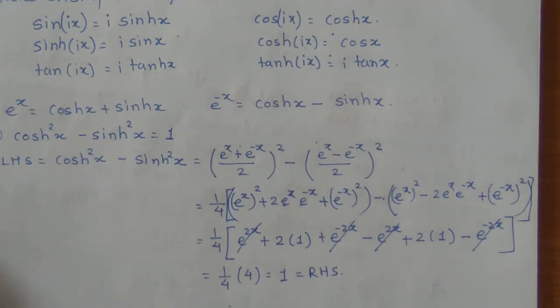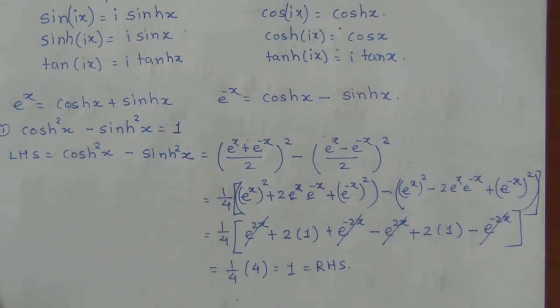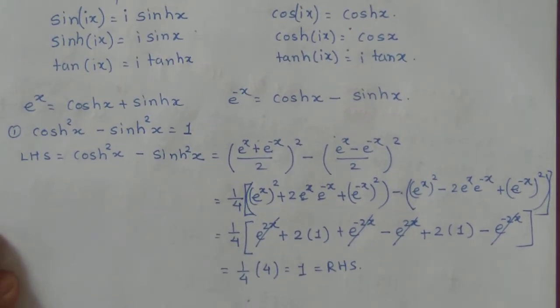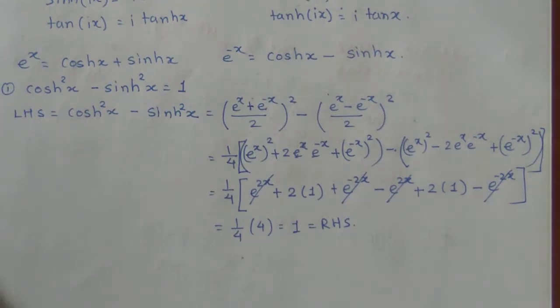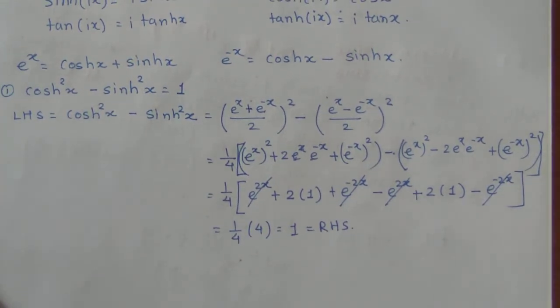So the very first standard identity in case of the circular function is sin square theta plus cos square theta is equal to 1. But in case of the hyperbolic function, the identity is hyperbolic cos square x minus hyperbolic sin square x is equal to 1. Now, similarly, one can write all the remaining identities regarding the relation between tan, sec, cot and cosec like that. I will just list them out.